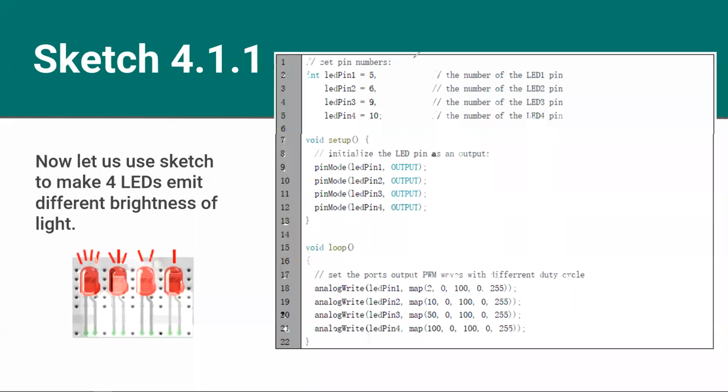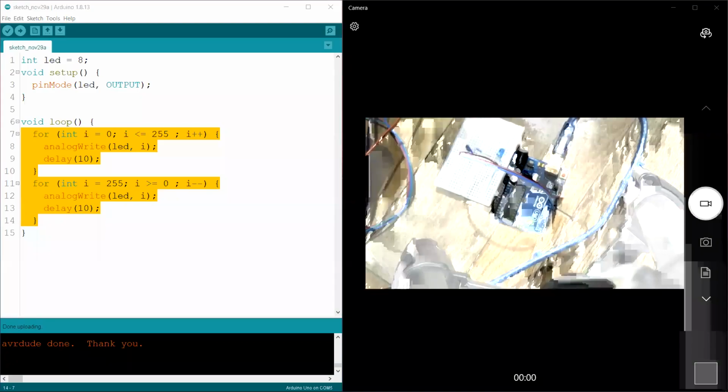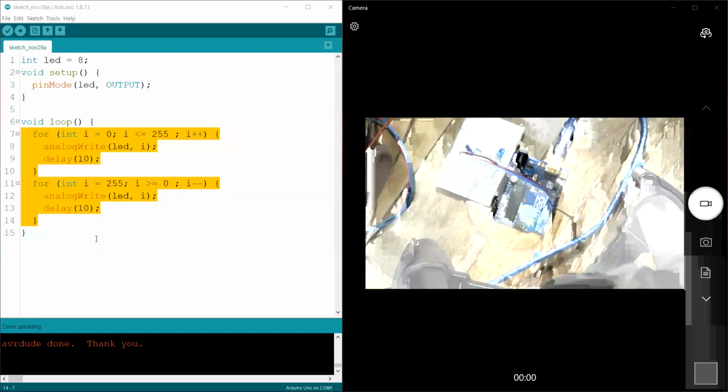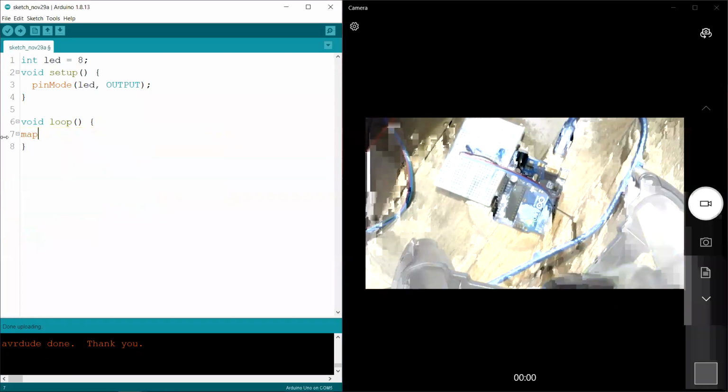Let me share the screen and let's do an example right away so you understand that. Now this is also a very important function, right? You are going to say map.